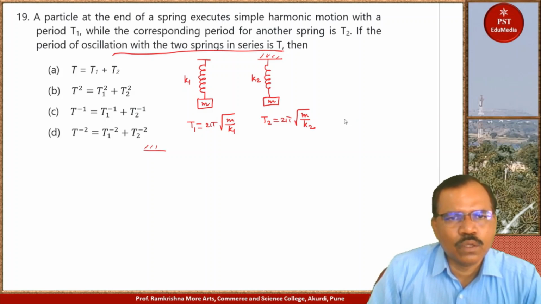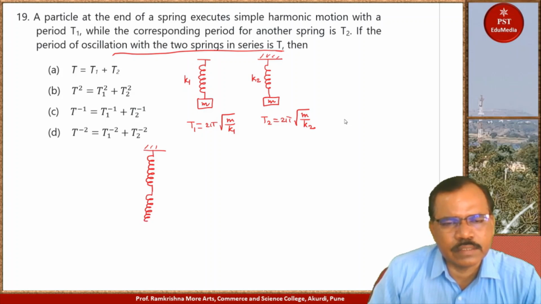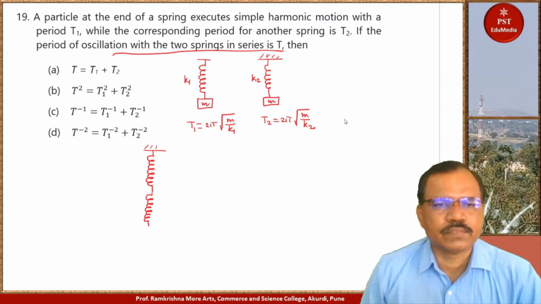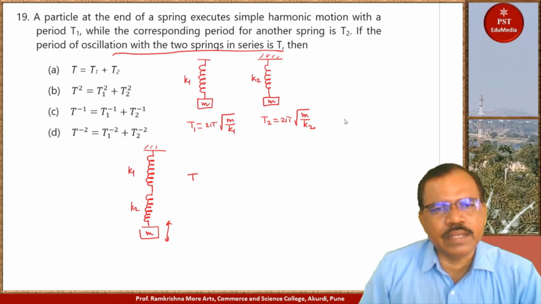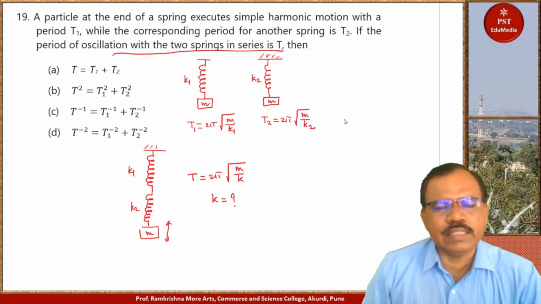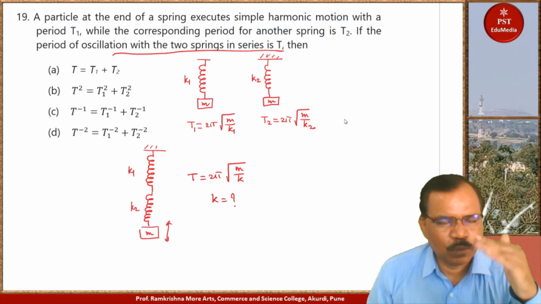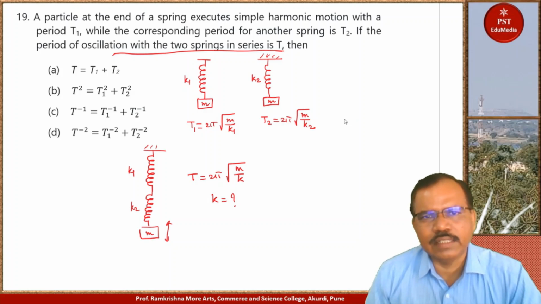Means here we have first spring and to that first spring we attach second spring, and then here mass m. So here k1, k2, and oscillate this. It will have some period. T is equal to 2 pi under root m by k. Then what is k here? What is k here? So we know when springs are oscillating, they are